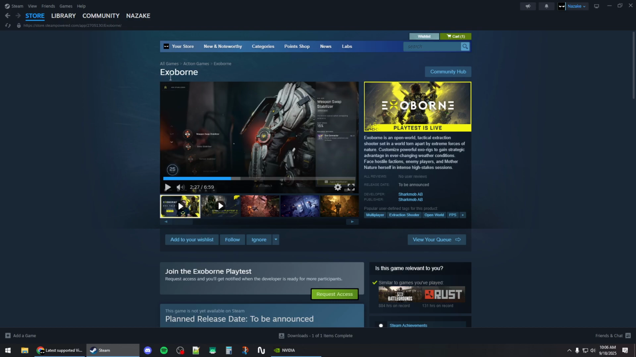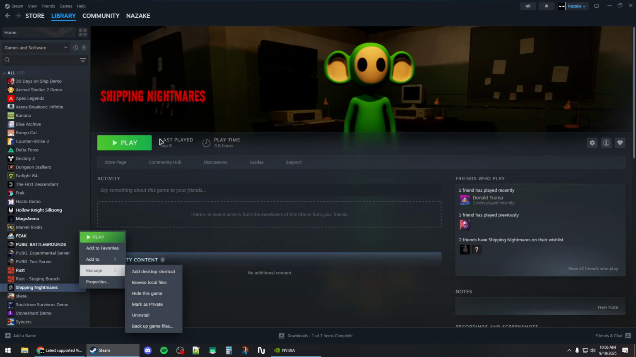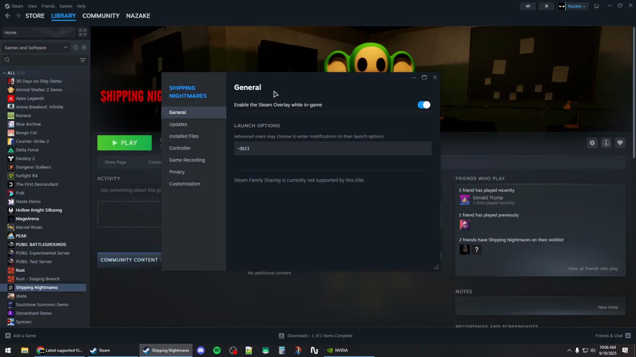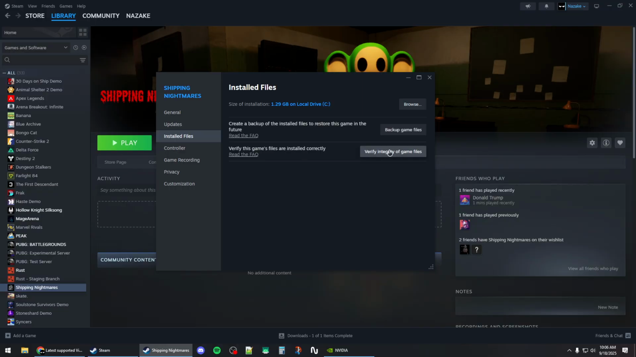How to fix Exoborne crashing on Steam. First, you want to go to the library, right click on the game and open up the properties window, and then go to installed files and click on verify integrity of game files button and wait for this process to